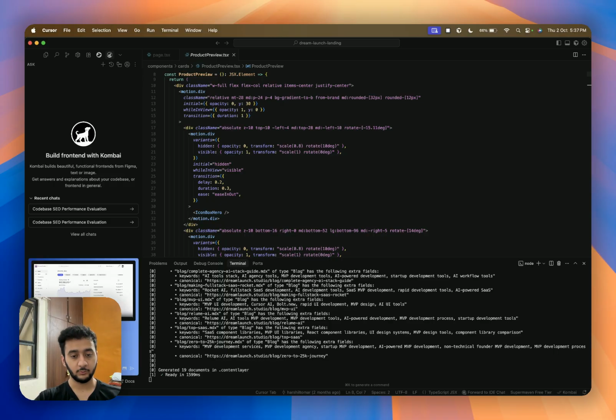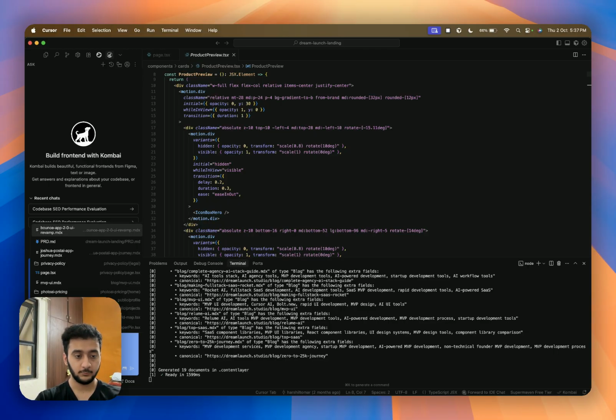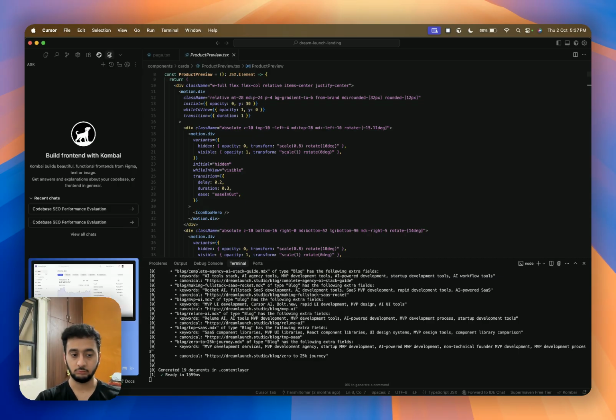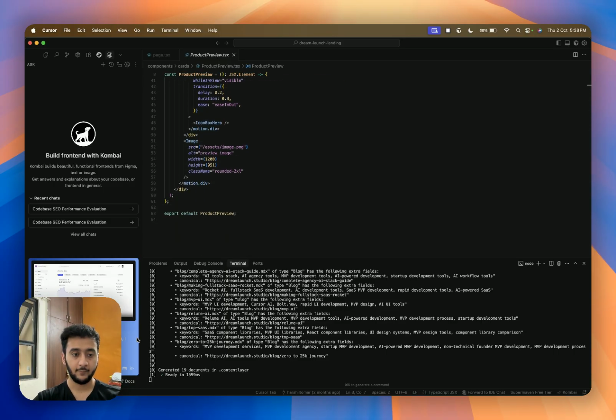I'll try to make more videos, but in the product preview component, I want to replace the image.png with the dashboard that I have attached, but in Emerald, which is the theme of my website.